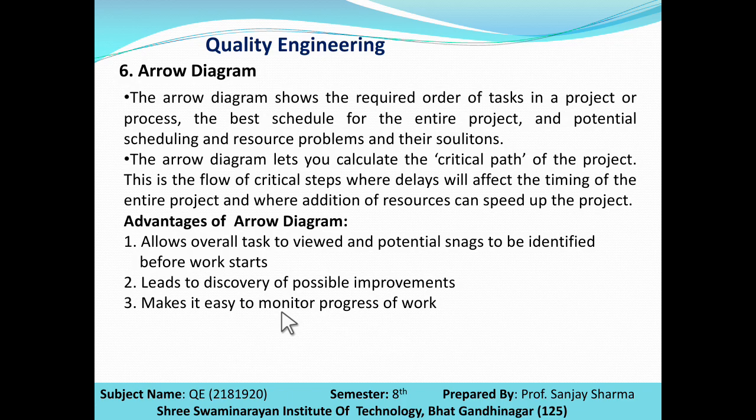Suppose you are going to manufacture a gear. First of all you will take the workpiece. Thereafter the workpiece will be turned. Thereafter it will be mounted on the milling machine, and after milling operations forming the teeth, there will be a center hole, and after forming the center hole there will be a keyhole, and after forming the keyhole there will be a grub screw hole. So the entire activity or entire process is being monitored with the help of the arrow diagram.